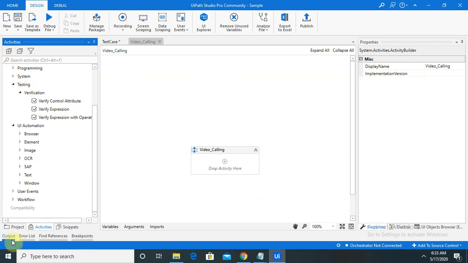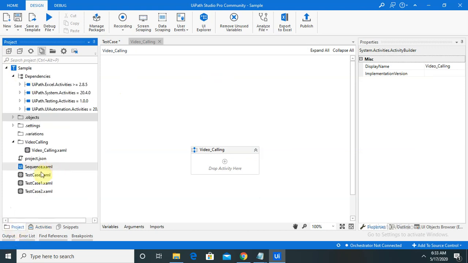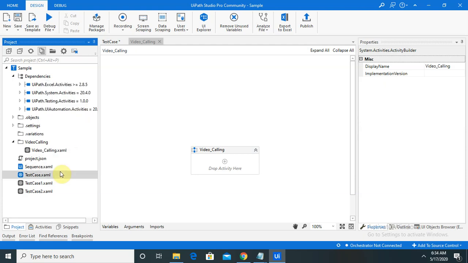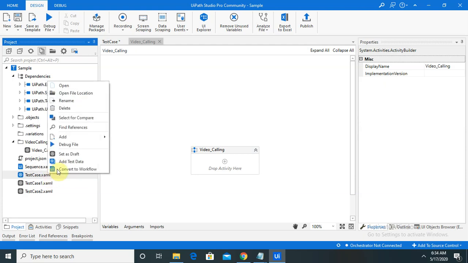Just like, I missed one component here. If you want to publish any test cases, just like I want to publish this test case, set it as publishable. Once you set that, you can publish after creating. You can also add test data, or set as draft.